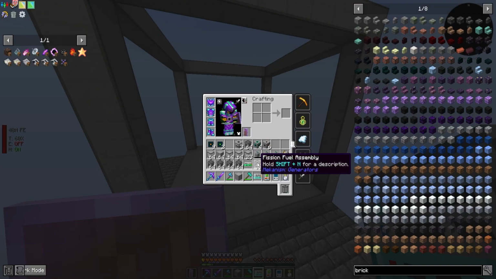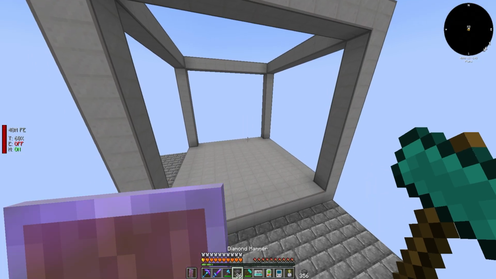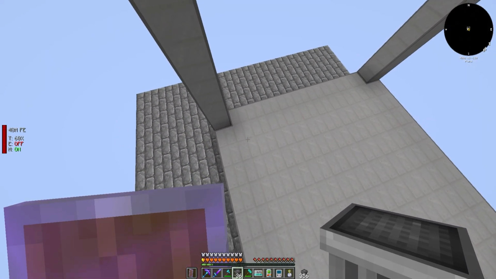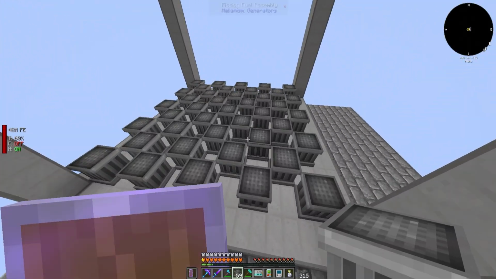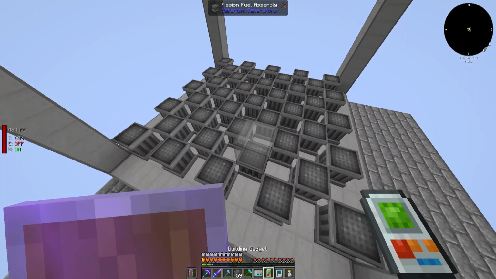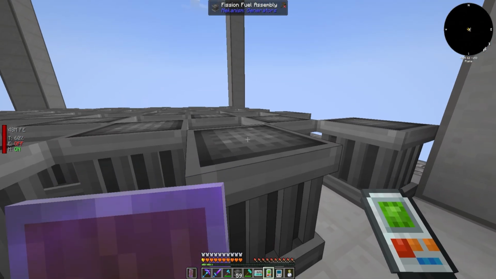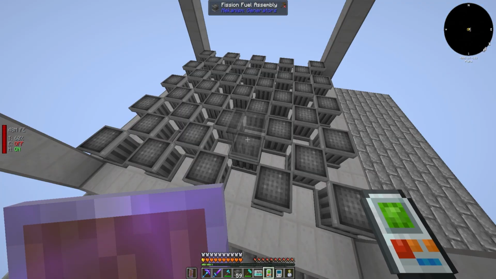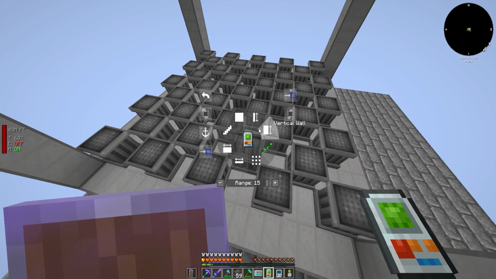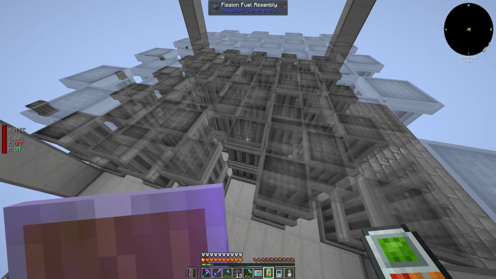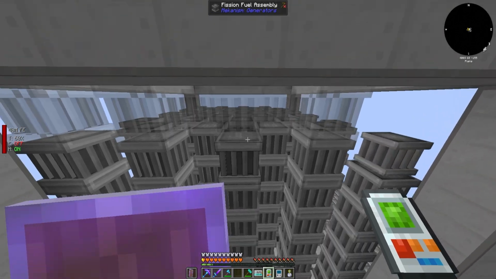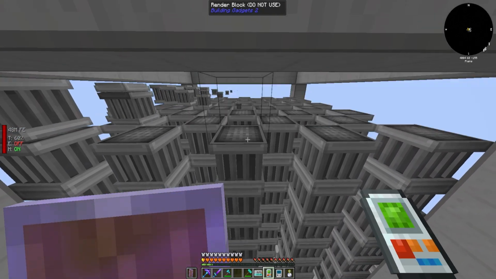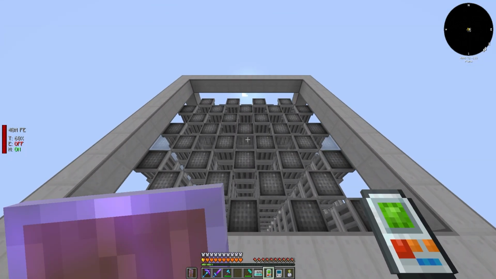We now need to put in these fusion fuel assemblies, and these are going to go like every other square in a checkerboard. So we're going to go like here. There we go. Does that look right? I think it looks right. And I'm going to do that. And if I do surface mode now, I can do that and that. And I think that's as high as I need to go right there, right? I think so.